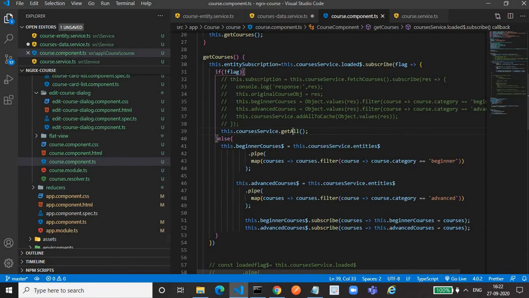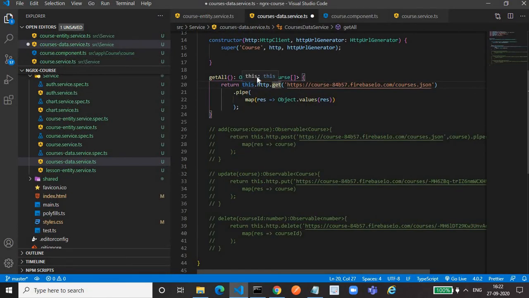So if we are overriding it, then we have to return an observable of entity array, the course array, and we are writing our own HTTP call in which our API URL is different from the API URL that it is expecting, and we have to return the observable of courses array. That's why we are returning using the map operator. This way we can override.